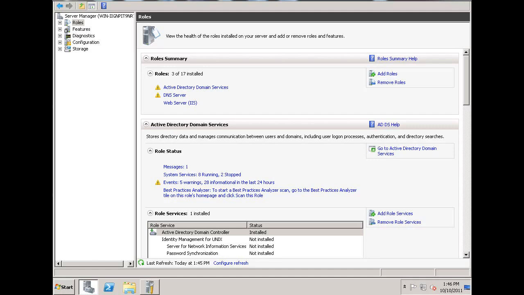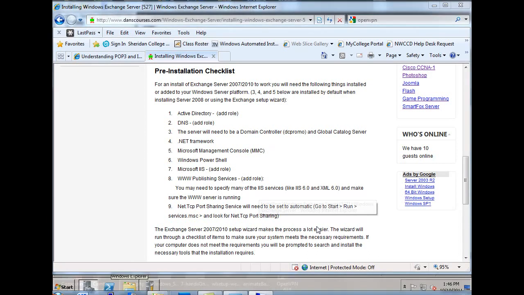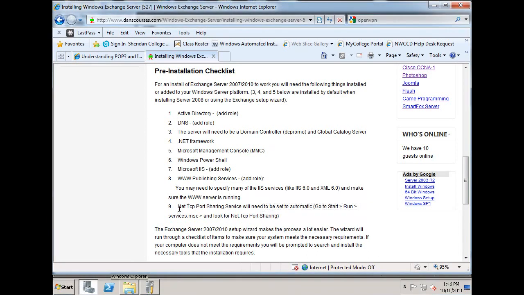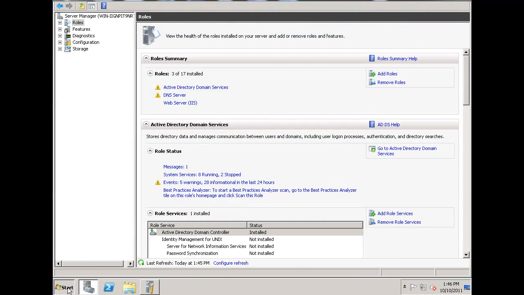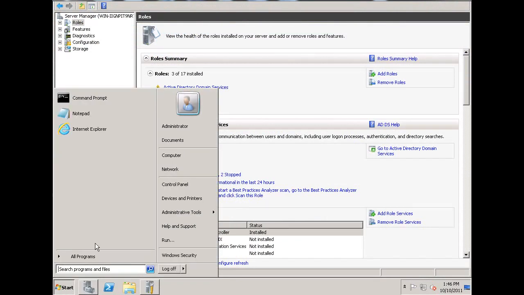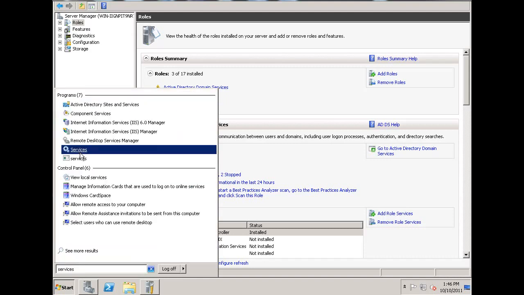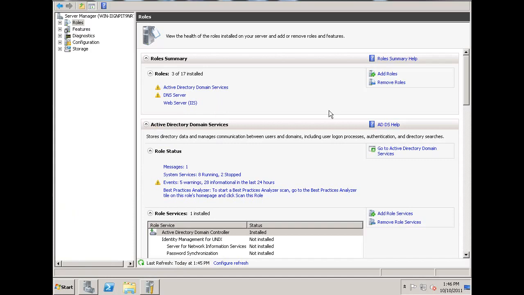What I'm going to do now is look once again at this web page, and it says the other thing I need to do is turn on the TCP port sharing service, Net.TCP Port Sharing Service. So that's under services. So what I'll do is I'll go to start and I'll type services,